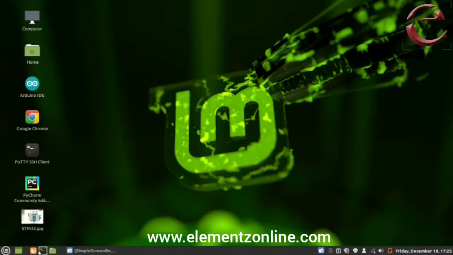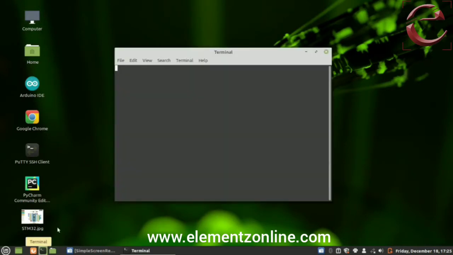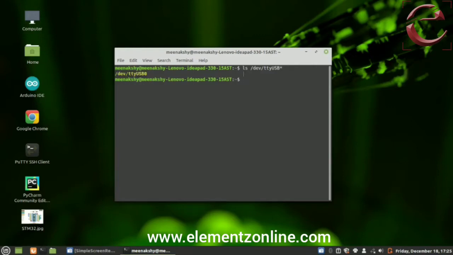Look at how the internet is accessed in SIM7600 in Linux using the MBIM interface. Open the terminal. First of all, you have to check the AT command port of SIM7600 which is connected with the PC. So to check the port, give this command. So you will get that port connected, and then open the PuTTY terminal.